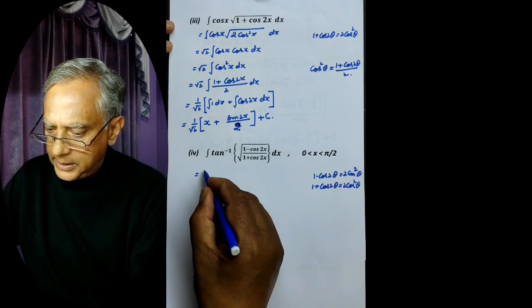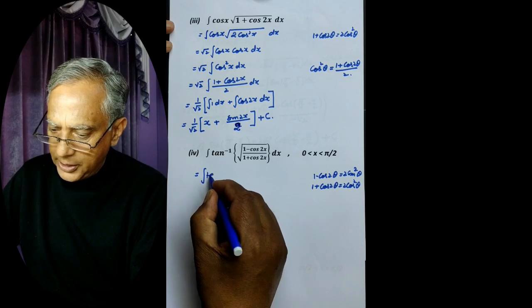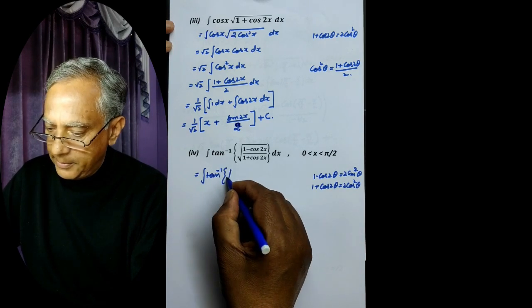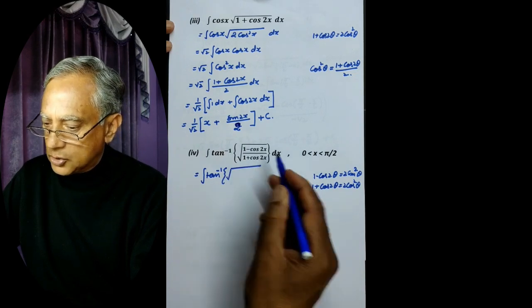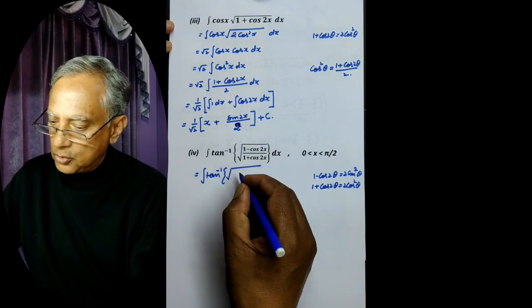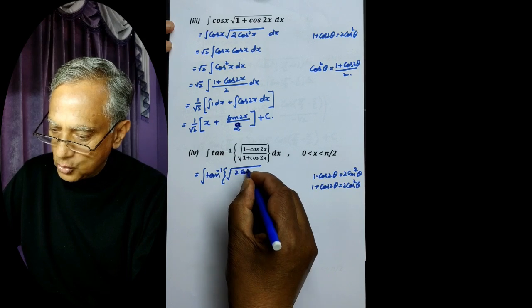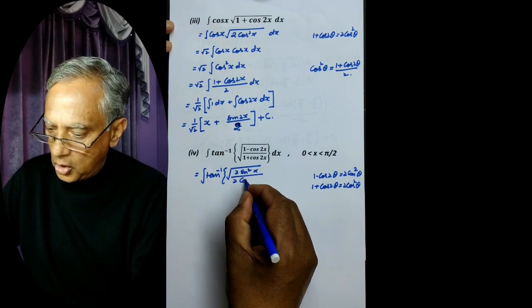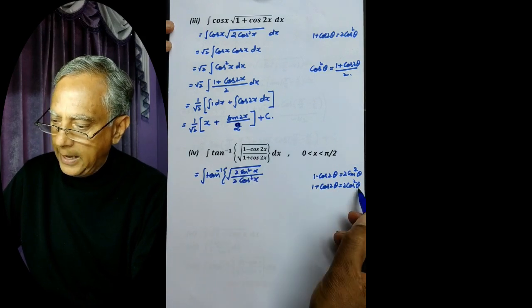We will use these two formulae and change this into a known form. This will be under the root 1 minus cos 2 theta. 1 minus cos 2 theta is 2 sine square theta. That is 2 sine square x whole divided by 2 cos square x